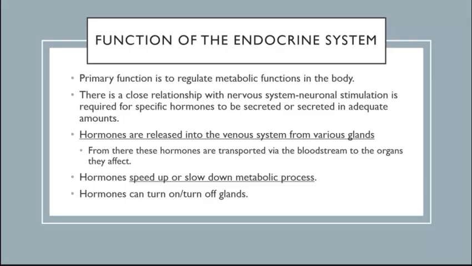Hormones are released based on your body's needs to keep you in homeostasis. How does it get released? Well, your neurons are sending out those neurotransmitters. The venous system is involved and various glands are involved. Ultimately, there are, I call them the CEO of the data center and the middle manager of the data center. Those two things are up inside your head, and they are talking to your organs.